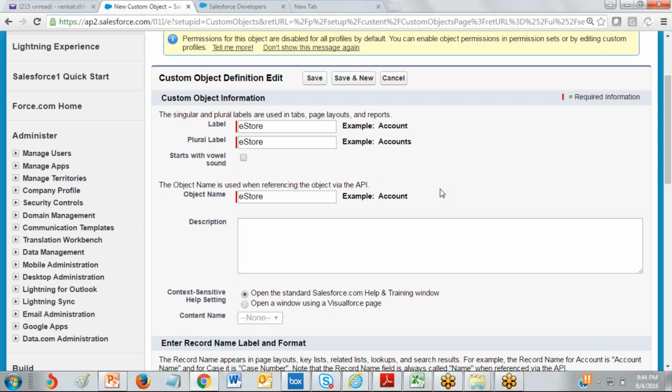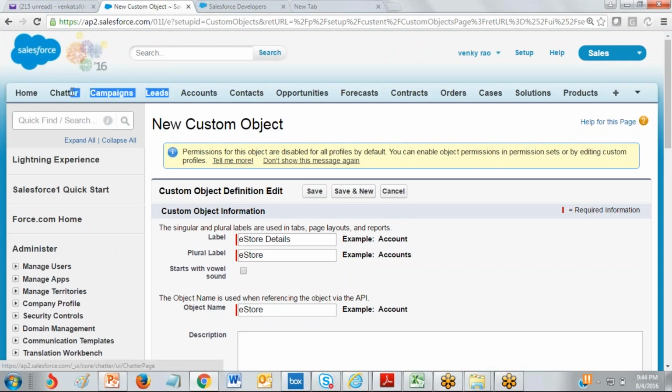The user will see the label, for example e-store details. Okay, so what is the plural label? This plural label will be displayed to the user as a tab name in Salesforce. These are the tabs.